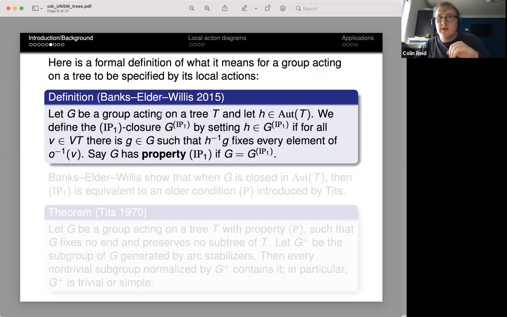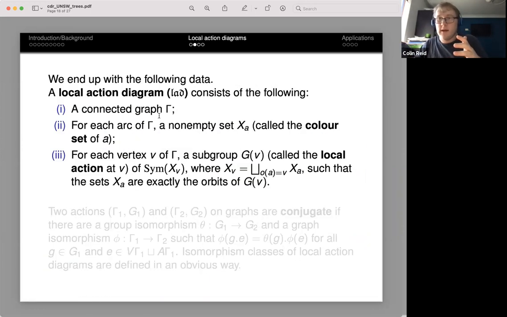I think in principle there should be a local action diagrams theory of k-local actions, but it'll be much more complicated. If you think in the manifold language, we're talking about building the group out of these local pieces, but the local pieces would start overlapping in more complicated ways if you have a k-local action. So this is a big thing that Stephan wants to work on in his DECRA project, actually, doing this kind of thing for k-local actions.